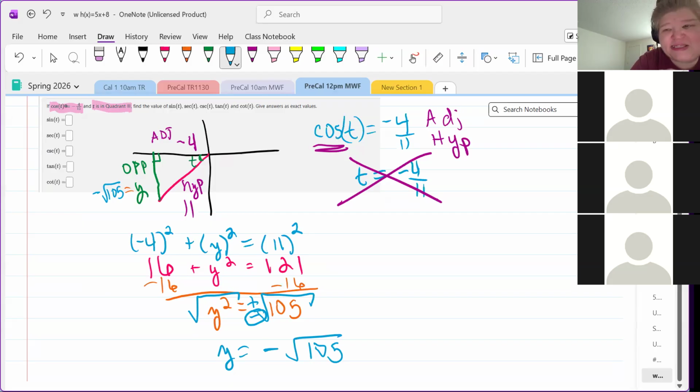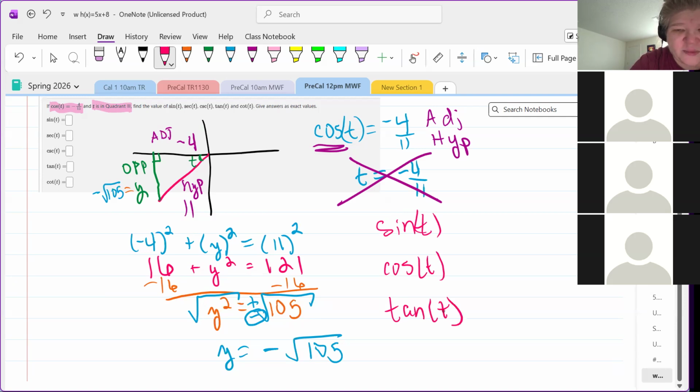All right, now on the test, you're not going to have to answer all 5 of the trig functions. You're just going to answer one of them. But you don't know which one, so we'll go ahead and do all 5 now. All right, so we've got sine of t. I'm just going to write all of them down. It's not necessarily in the order being presented,